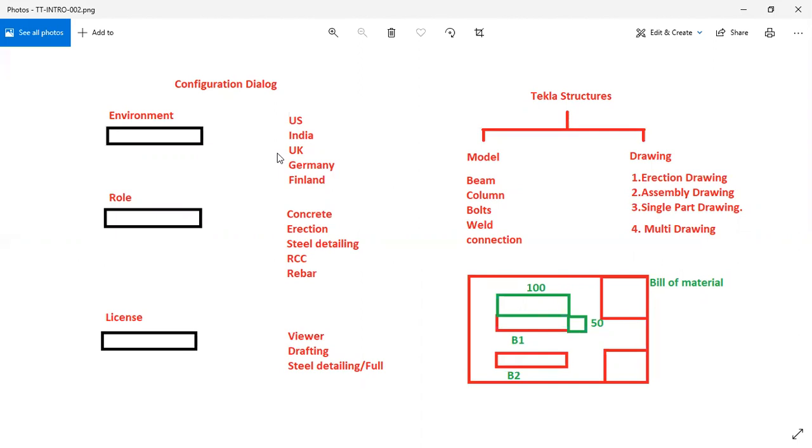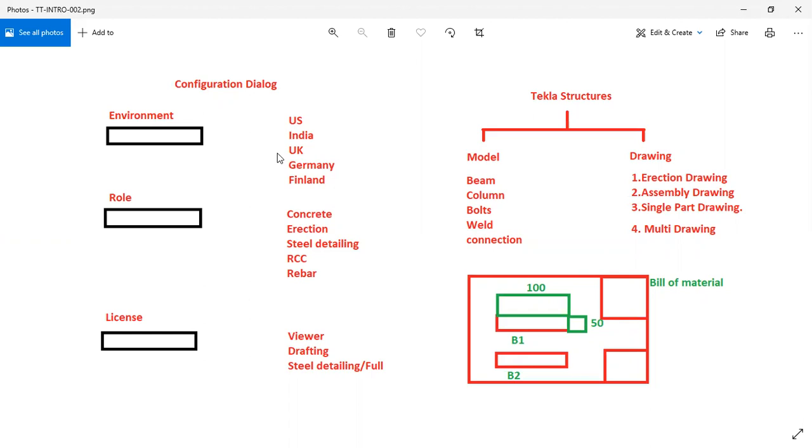So that way we are using this environment option, right? And all those environments which you are installing in your system, only those will be listed in the environment box. And when you click on that box, that time you will be able to select the environment which are installed. Okay, only which are installed, right?